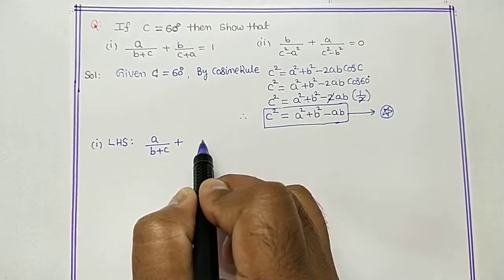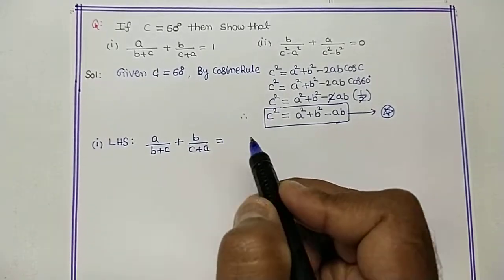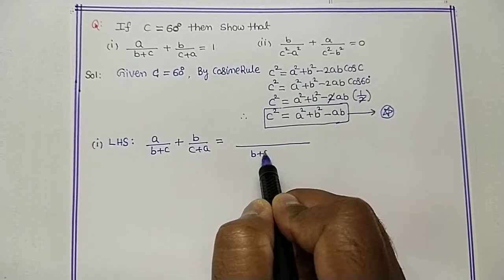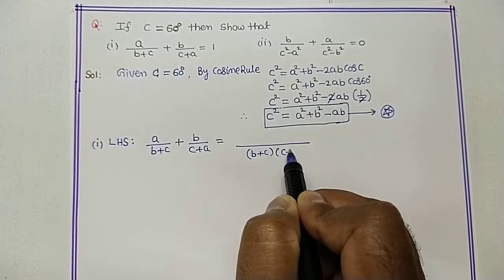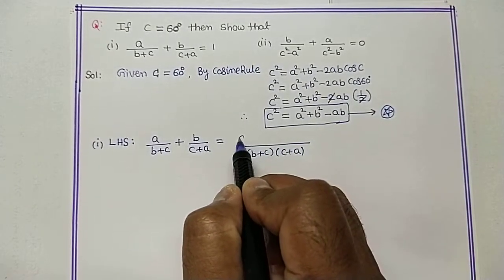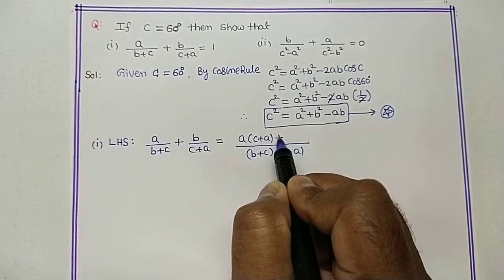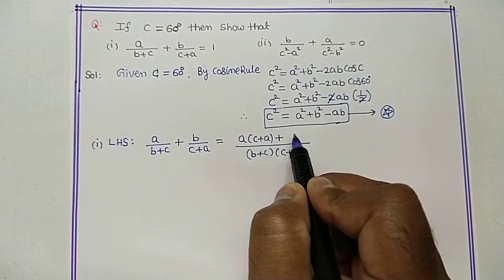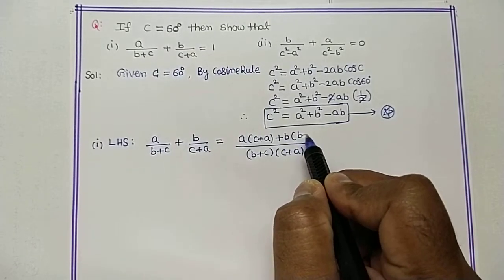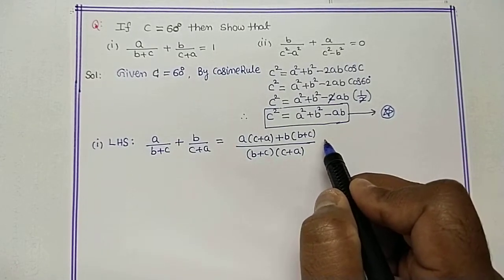plus B by C plus A, which is equal to, take LCM here, B plus C into C plus A. So B plus C gets cancelled. A into A plus C, or C plus A, C plus A gets cancelled. B into B plus C. So now simplification, which is equal to